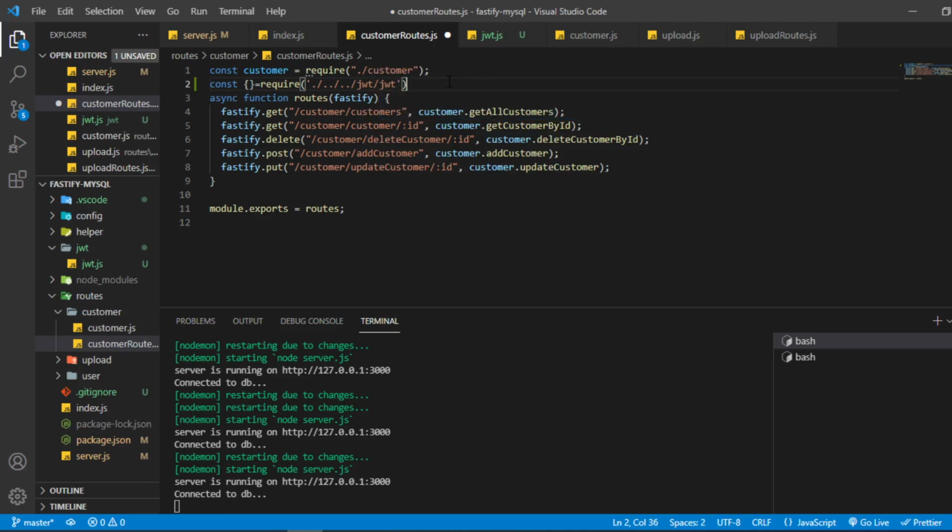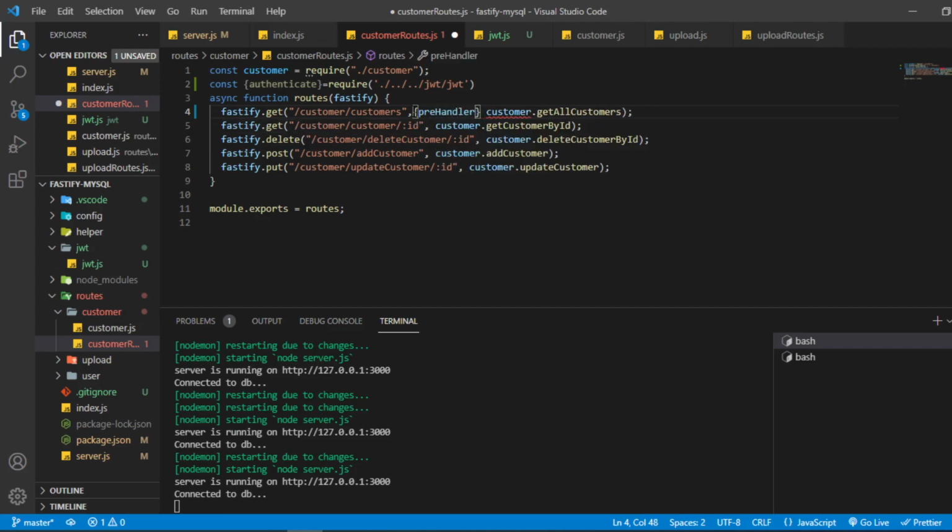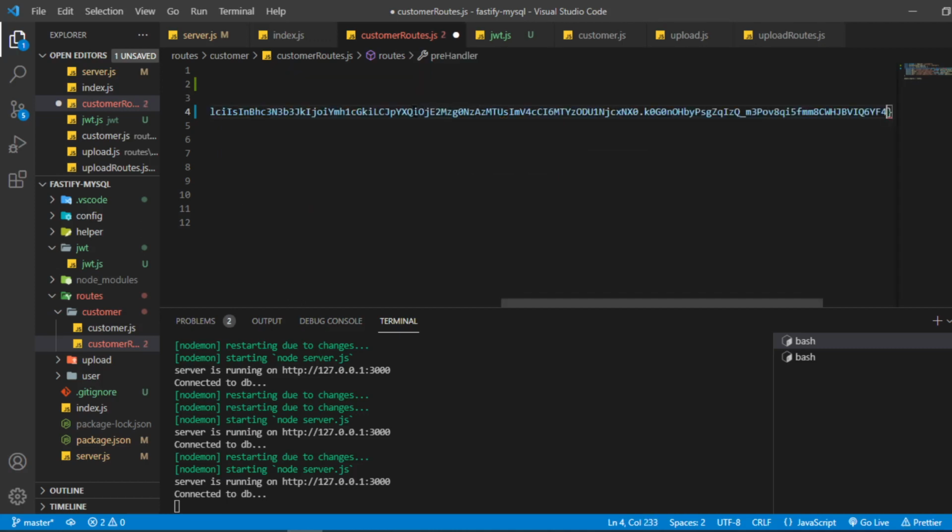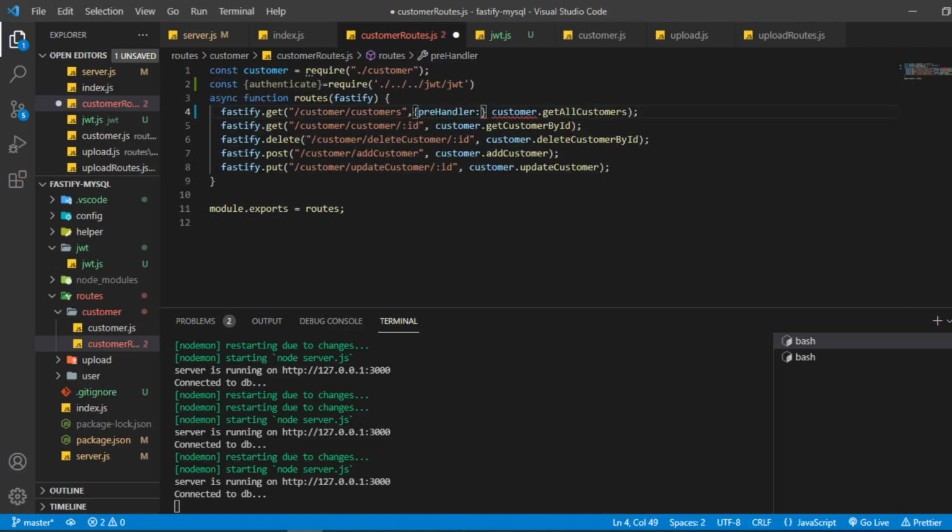Yes, okay. And what we want from it, we want the authenticate function, and we will provide this function here. Okay, so what I'll do, I'll type a pre handler, and then the function name, the authenticate function.